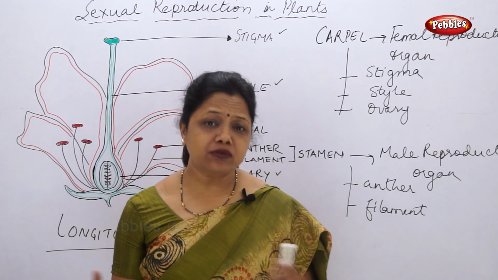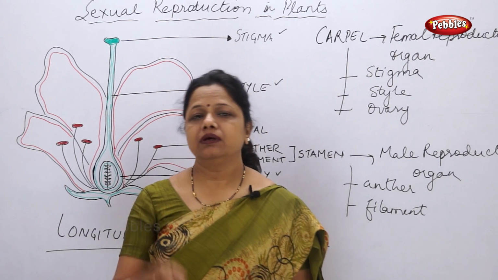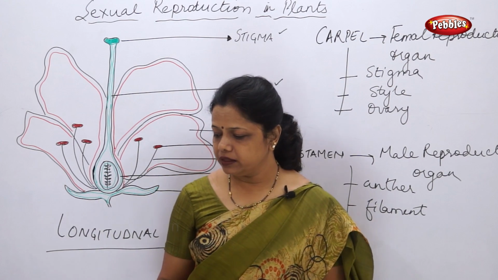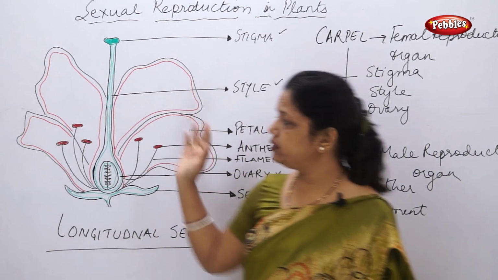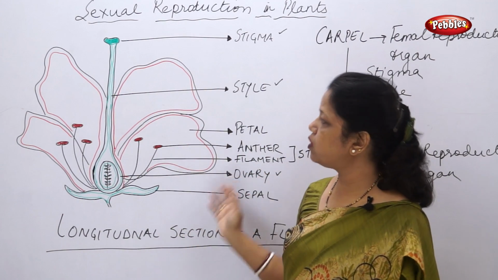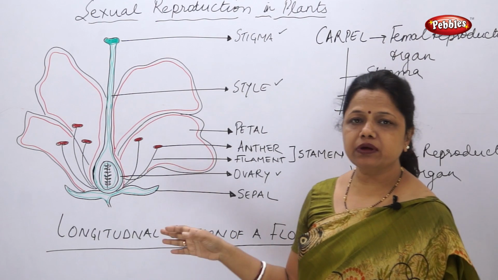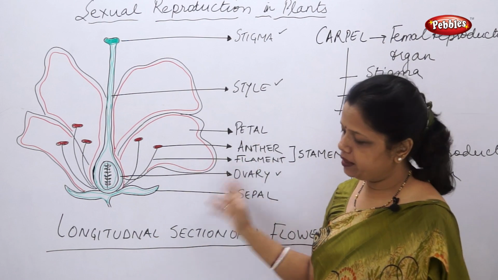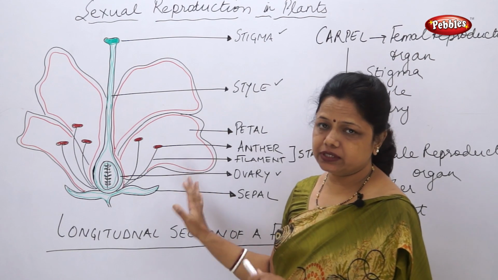But in the absence of the honeybees, this may not happen. That's the reason that the yield of sunflower can go down. So this was about pollination and the different parts of the one flower, showing the female reproductive organ and the male reproductive organ. This was the first structure we have studied.